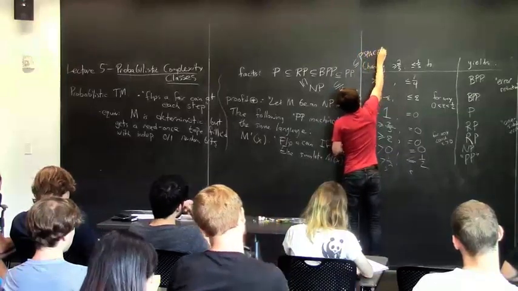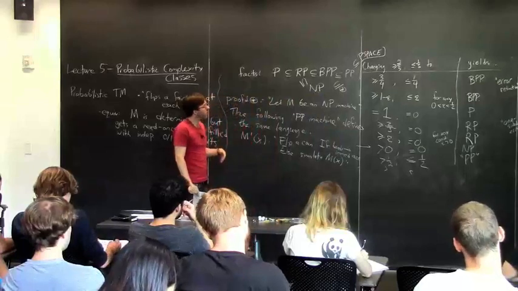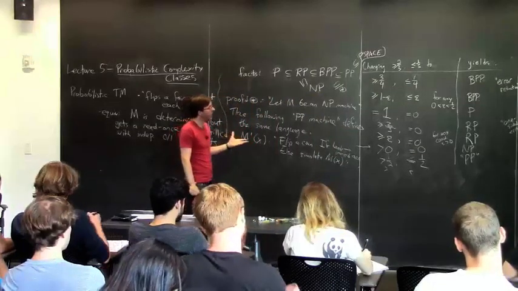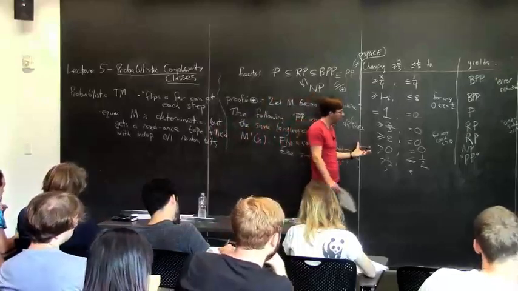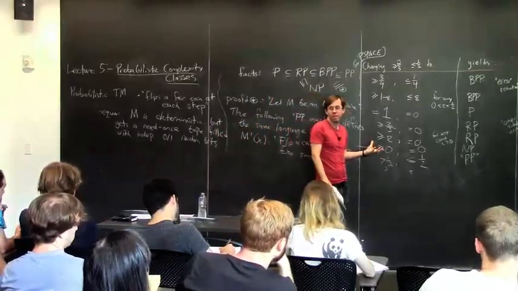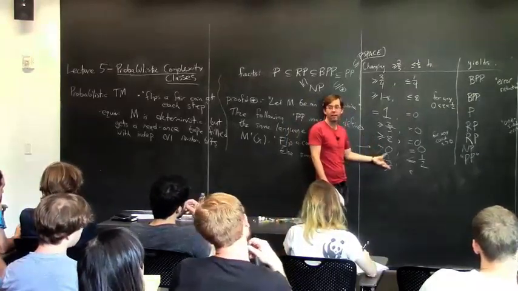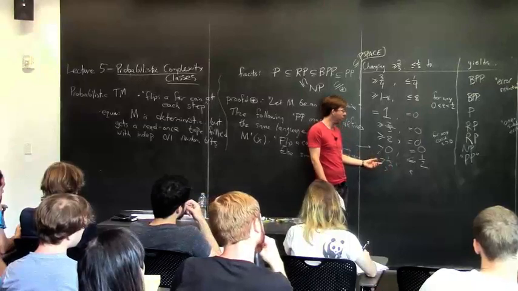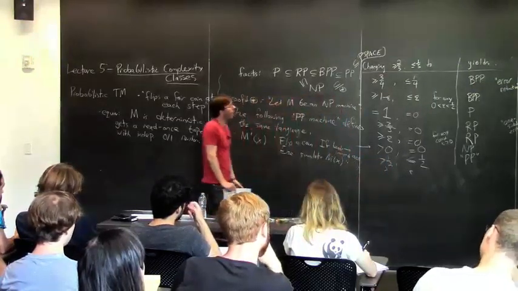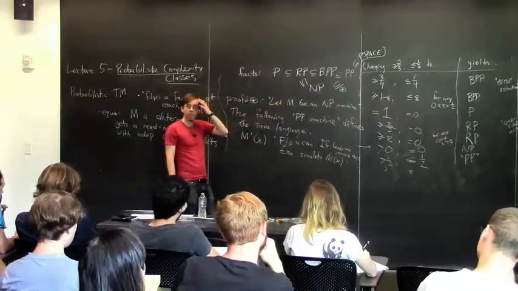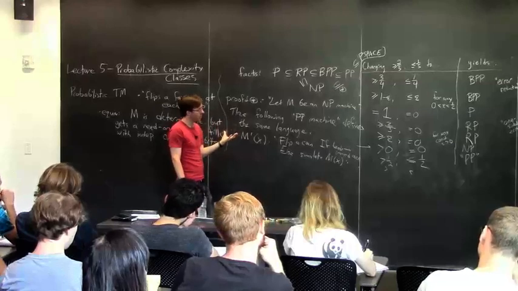Okay, so let's see why that's true. Let's say you have a machine M, and for every string x, if you think of M as a PP machine, you can tell if x is in the language it decides or not by seeing if the machine accepts with probability strictly bigger than a half or at most a half. And I'd like to say that you can make that judgment in PSPACE. How do you do it? Well, the PSPACE machine just takes the input x and